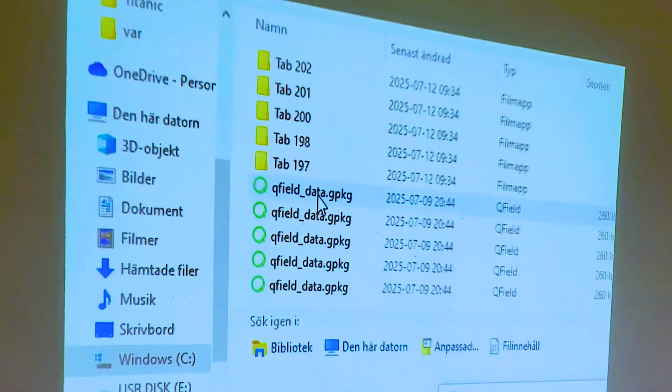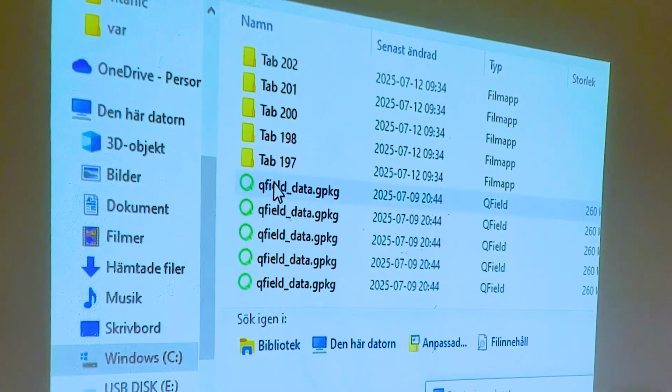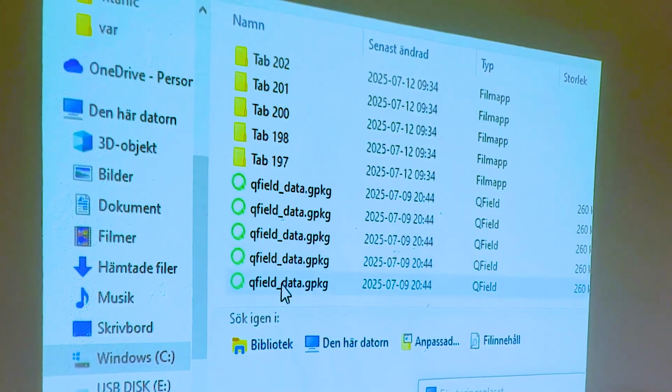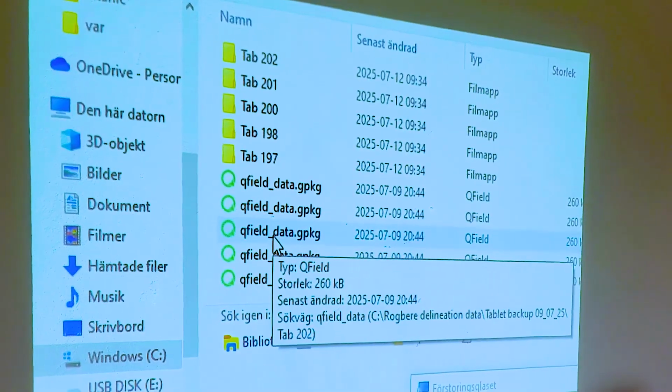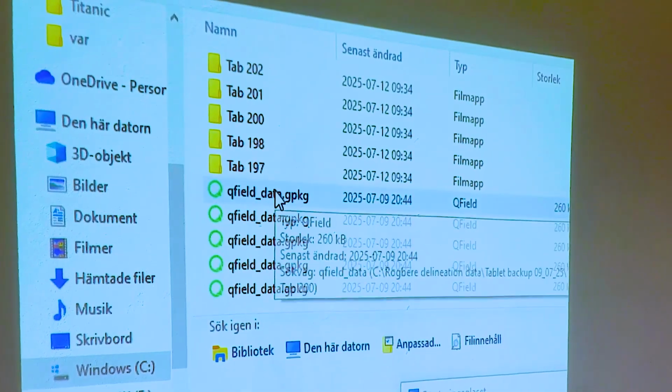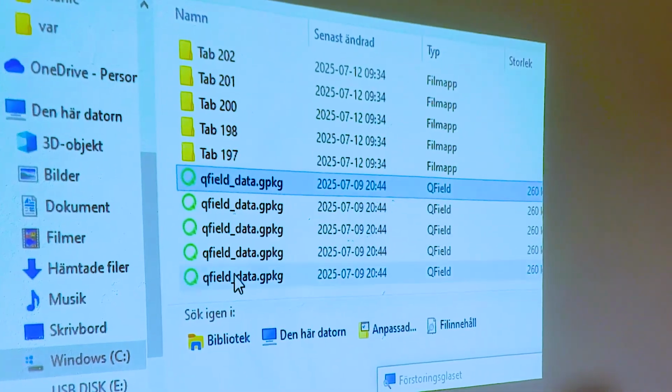Let's see them. QField data from tablet 1, the first, second, third, fourth, and fifth tablet. So in this way I can just import them quickly as one. Otherwise I have to go into each, select, and do this, but in this case I can do it quickly. So I click,